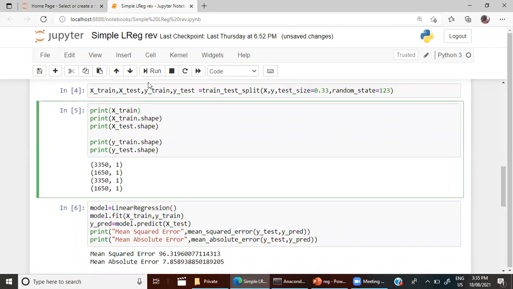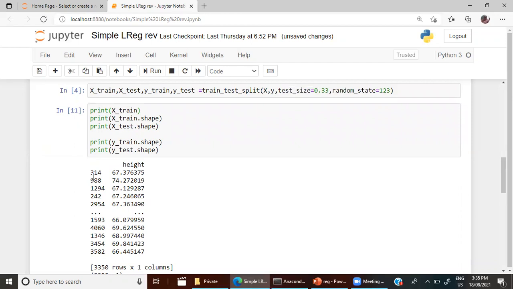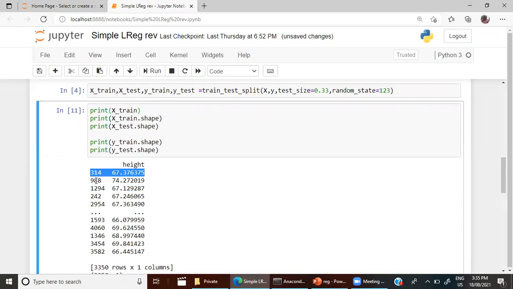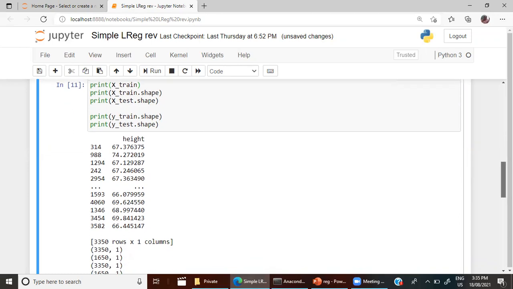You can use shift plus enter, or you can press run here. See, randomly it has picked the values for training, 314, 988 that way. So let's see the shape after splitting.